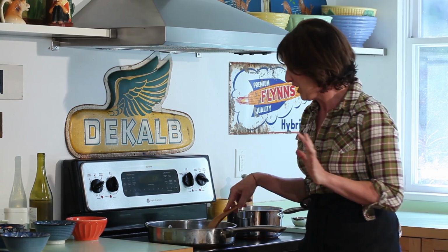I'm Ceci Carmichael with swellfood.com, and I'm going to show you a recipe for sweet potato goat cheese sage risotto. It's really, really good. So in this pan, I've got a tablespoon of butter and a tablespoon of olive oil,